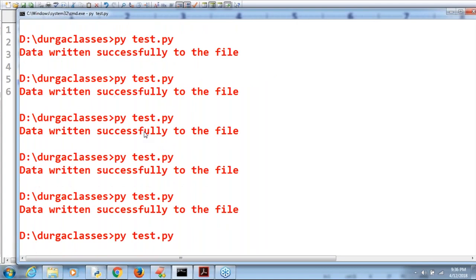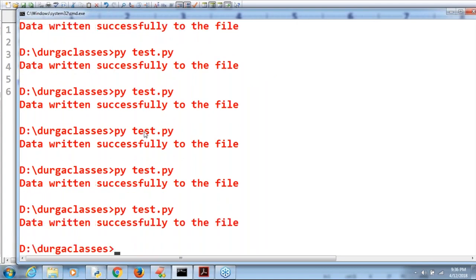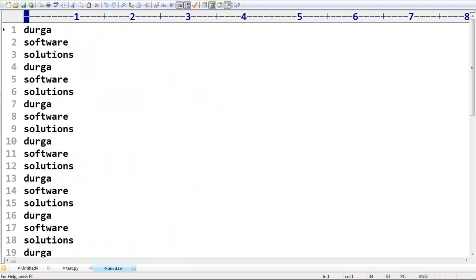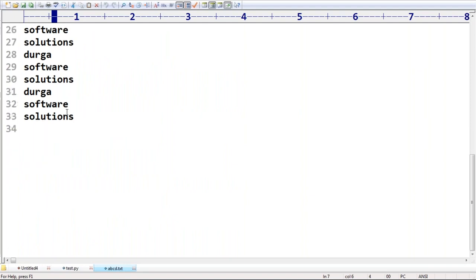How many times the program is executed, that many times my data will be added to the file. Let me open that. Yes. First time, second time, third time, fourth time, fifth time, and so on. 11 times the program got executed. 11 into 3, 33 lines by default is going to come. Clear, right? Are you seeing the difference between append mode and overriding mode? Correct or not? Okay, that's all. Next,